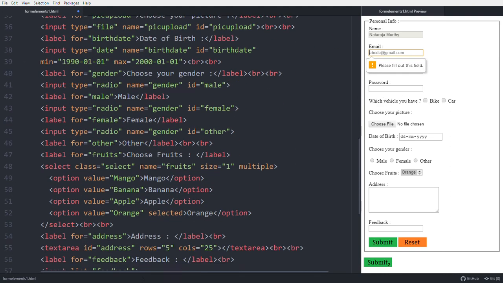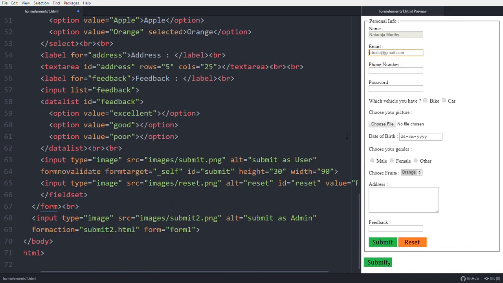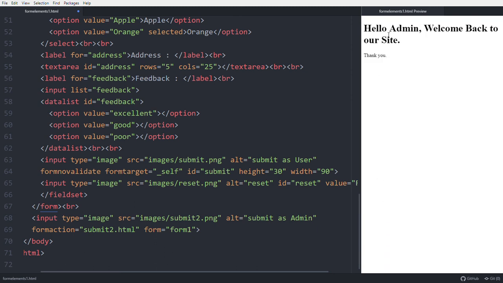So nothing but the link has happened. See what happened. form@gmail.com, number 10 digits, then password, and use someone, and choose the file, choose the date of birth, fill the remaining details, and click submit to. See this. Hello admin, welcome back to our site. Thank you. So nothing but this form action has happened.